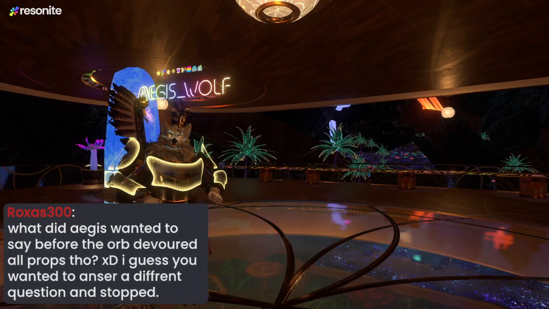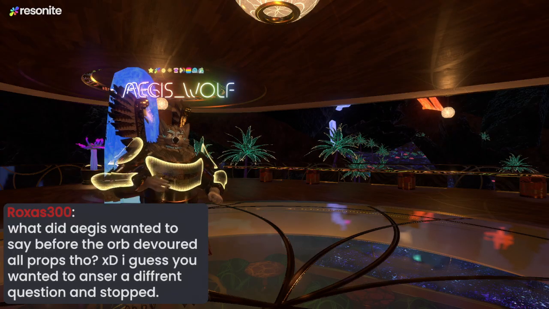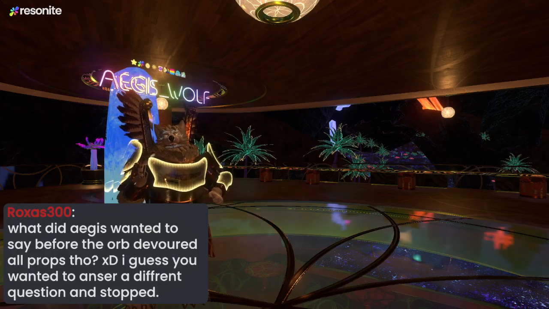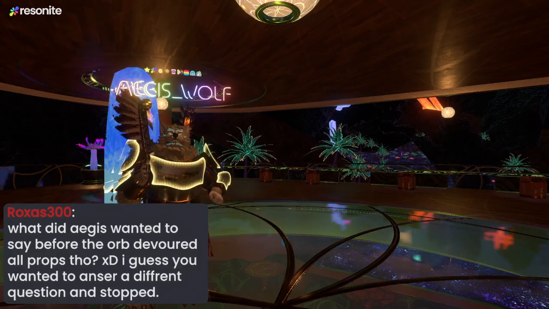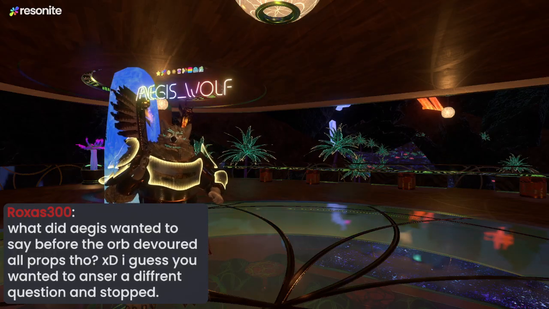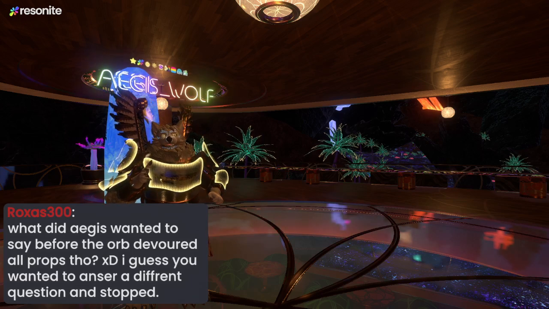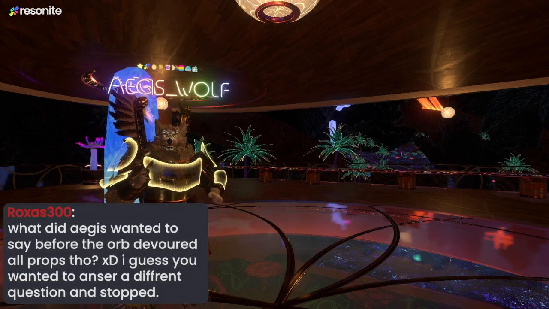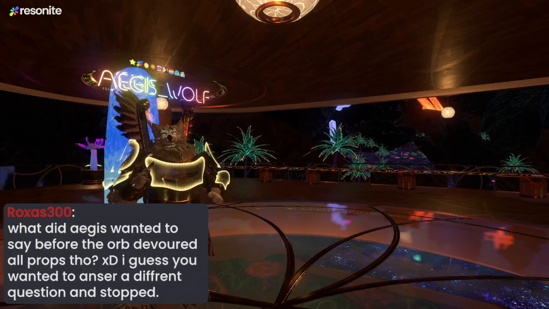And having the user be able to choose which kind of things they want to learn as well is going to be important for these experiences. Not everyone wants to build in here. They don't have to build in here. That's one misconception about Resonite itself. It's not just a building platform.